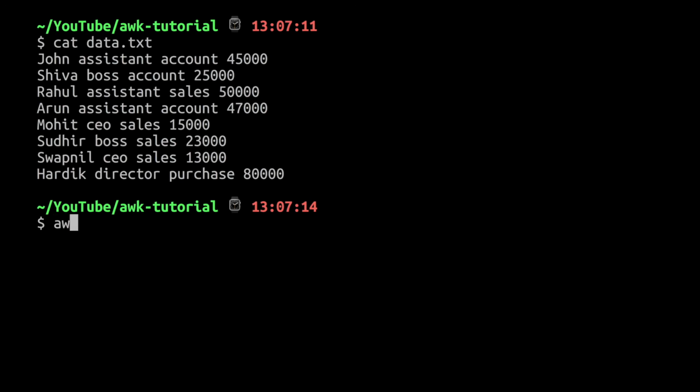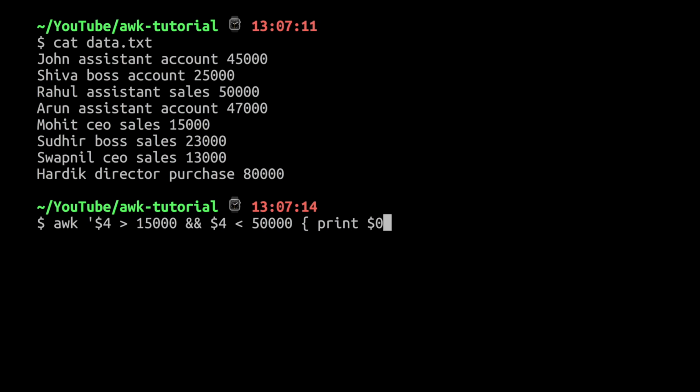For that we can simply use the awk command. We can write $4 should be greater than 15,000 and $4 should be less than, let's say I take this one, 50,000. Anything which is lesser than 50,000 and greater than 15,000 should get printed. Under this curly brace I'll simply print those records.